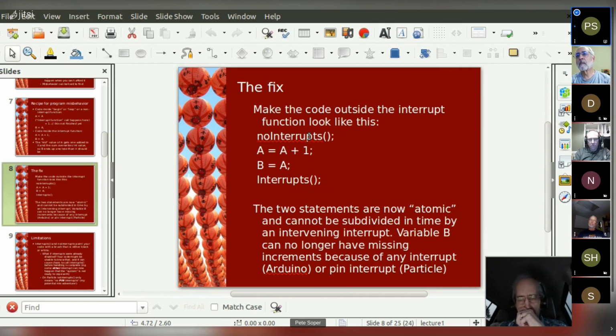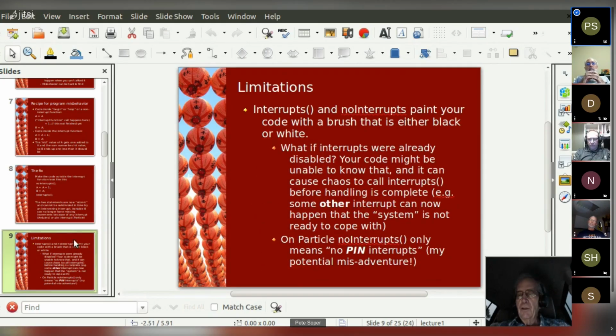And as many of you know, there are lots and lots of interrupts in an ARM environment. There are all kinds of different interrupts, like, for example, clock interrupts, interrupts to do with A to D conversion, you name it. So the limitation of the Arduino style noInterrupts pair of functions is that it's just a black and white situation.